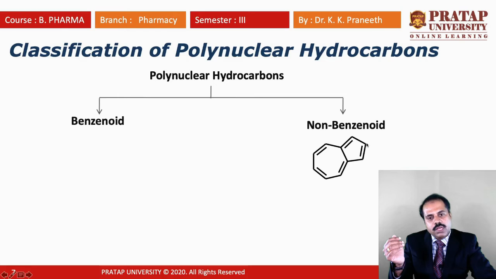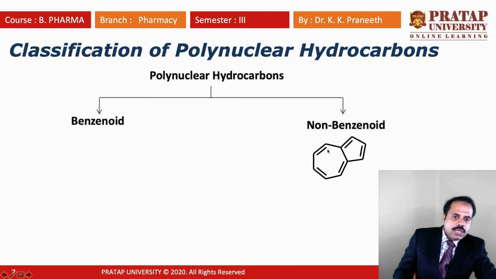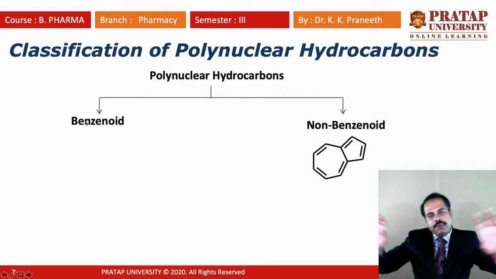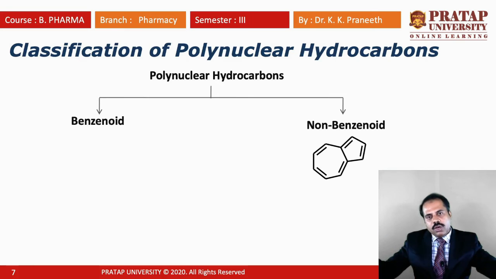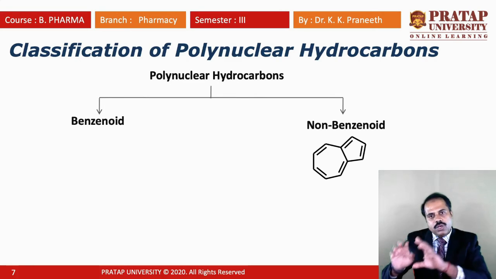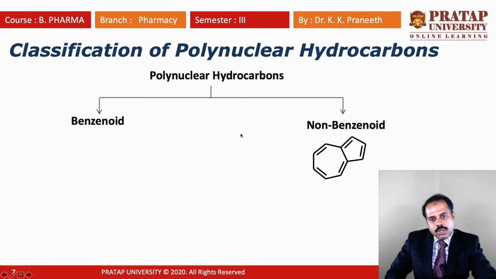It has more than one aromatic ring, so both are aromatic. You can see here there are 10 pi electrons, 5 double bonds like benzene, like naphthalene. So it is an aromatic compound. This is the first classification. Polynuclear hydrocarbons are classified mainly into 2 types: benzenoid and non-benzenoid compounds. Benzenoid compounds have a benzene ring in the structure, and non-benzenoid compounds have a non-benzene ring structure like a 7-membered ring